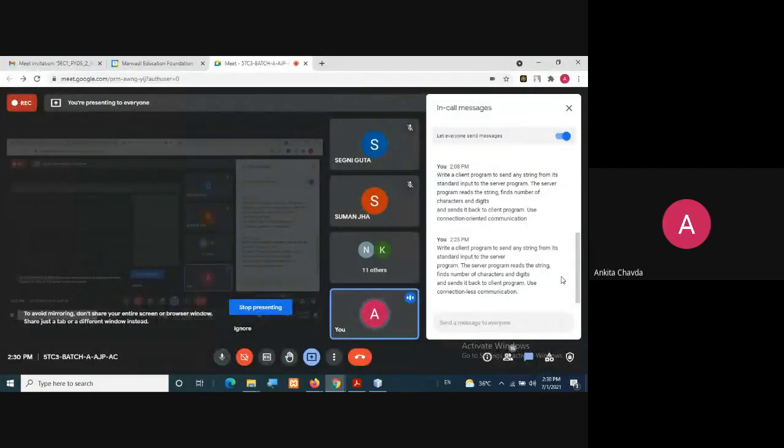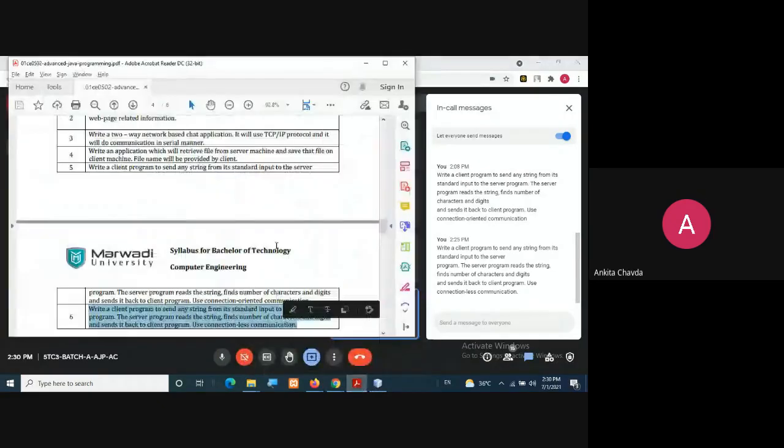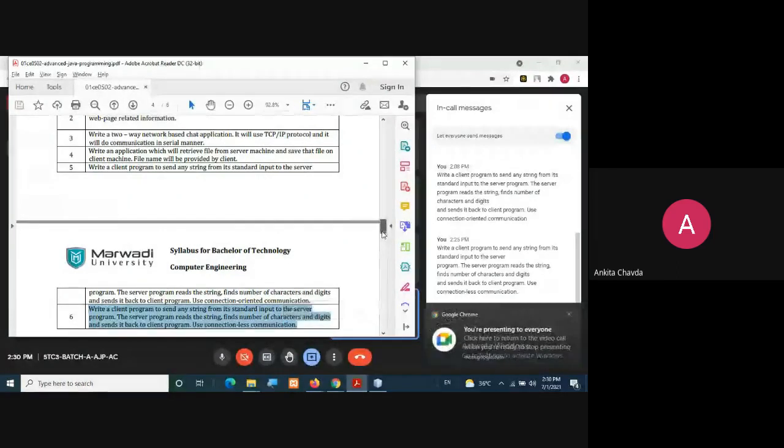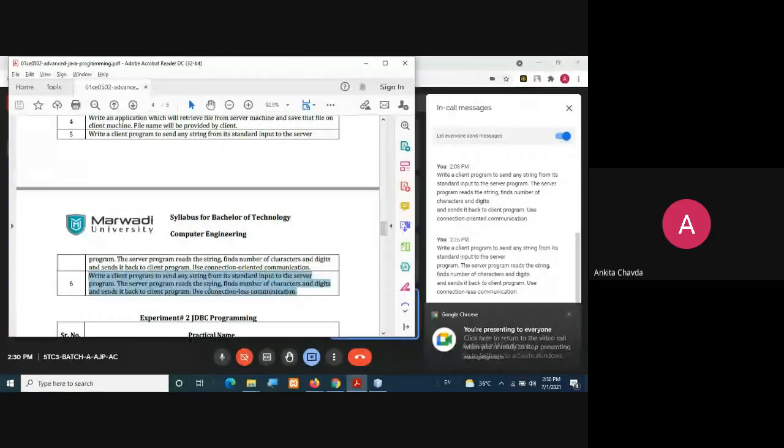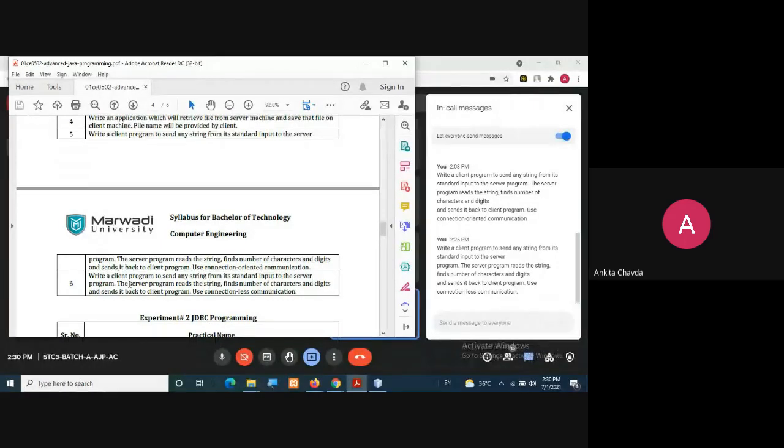So I hope the first program is done. You can work with the second one. In the second one you have to do the same thing, but for now you will print at the server side only. And you are using connectionless communication here. So which class will you use here?